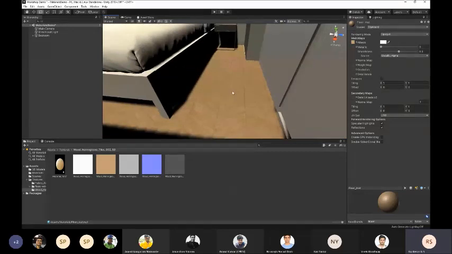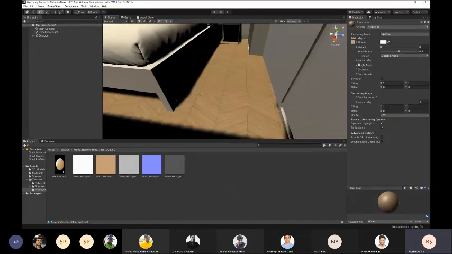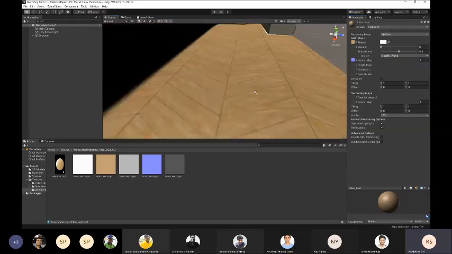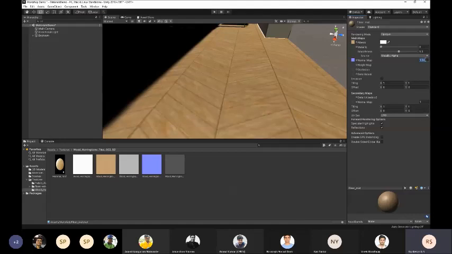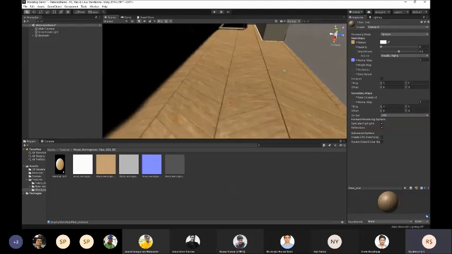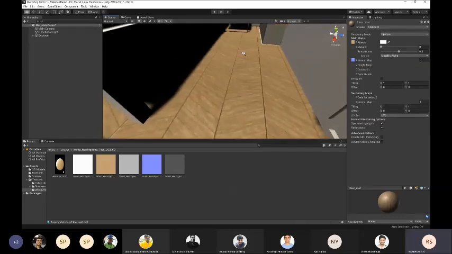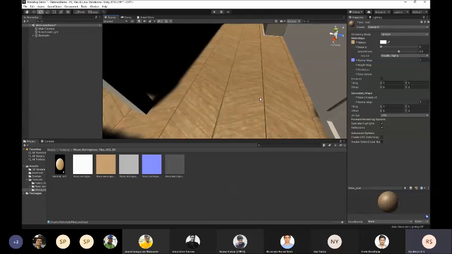So how do we add the depth? Depth is basically added by something called a normal map. Normal maps are these purple color maps here. I'll drag that, drop it to normal maps, and click on fix now. Now this object has somewhat of a depth. You can increase that by increasing this. I'll keep it as 2. What a normal map does is basically give a bit of depth to your texture. Now it looks much more realistic, right?